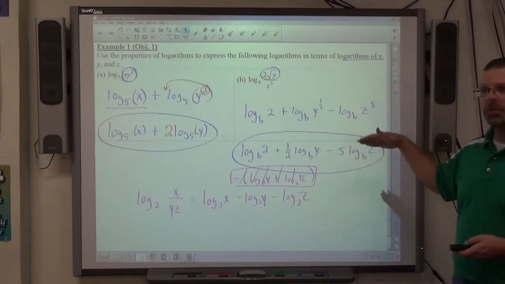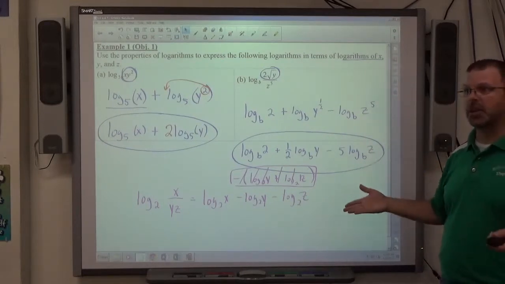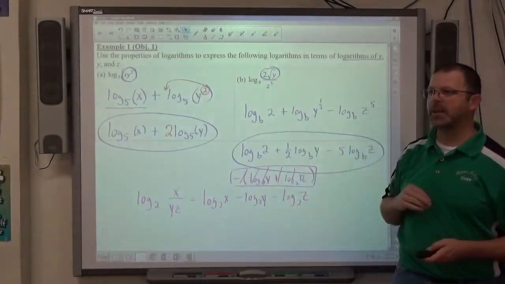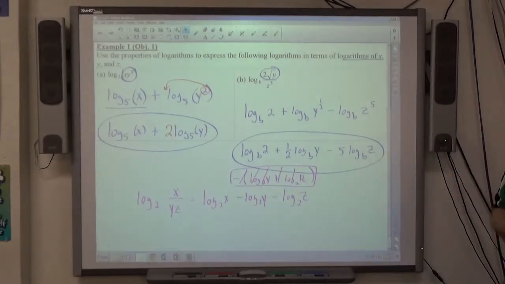So practice it with these problems, but get good at it, understand the rules, know how to convert from one form to a different form. That's the main idea here. When we get to logarithmic equations, that'll come in very